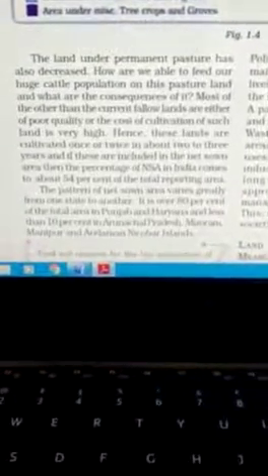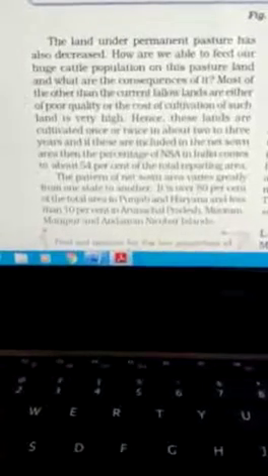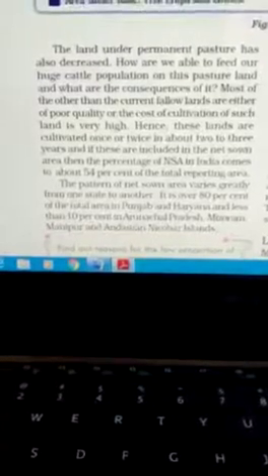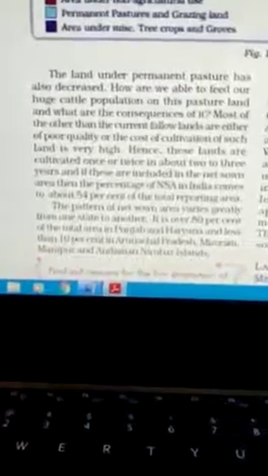Now the land under permanent pastures has also decreased. We have understood what permanent pasture is. These are created for the grazing of cattle, because in India, besides agriculture, animal husbandry and dairy farming are really important, for the grazing of cattle and even for animals which are left free. So it has decreased. There are certain reasons for the decrease of pastures. Some are natural reasons, like less rainfall, and some are man-made reasons, where people have occupied that land to construct or for personal consumption.